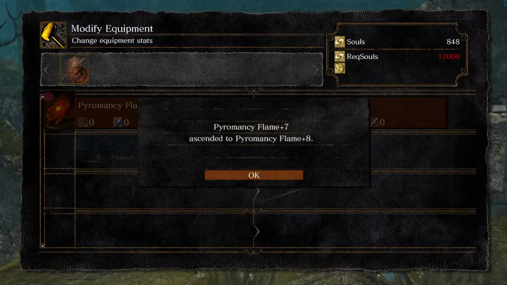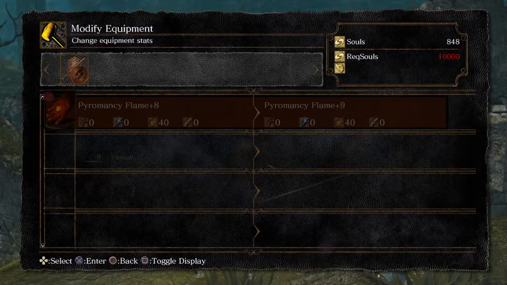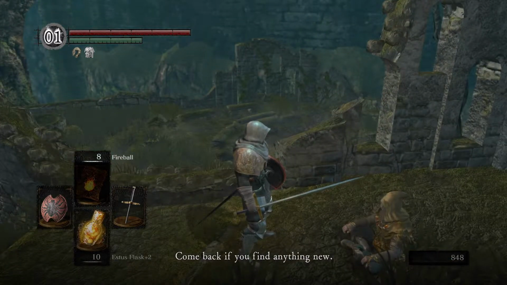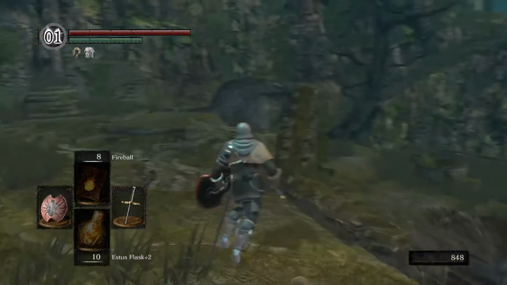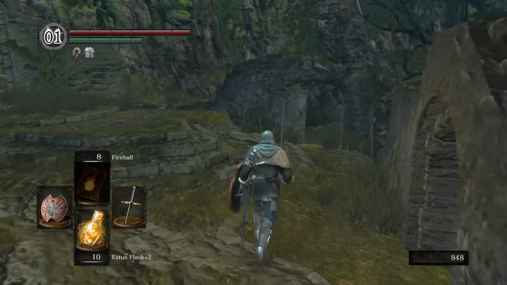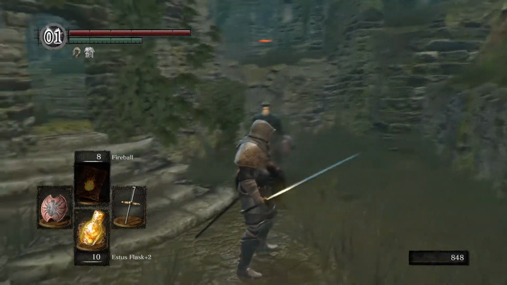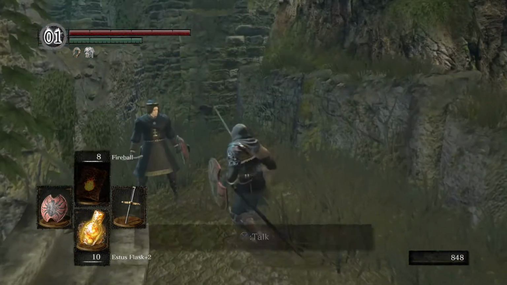We'll just go all the way up. So we're up to level 8 now. Another 10,000 souls to get to the next level. Goodbye then. Come back if you find anything new. That's just one of those things you've got to save up for if you want your character to be good at it. So we spent a lot of souls on pyromancy, but on Willow's character, we actually came over here